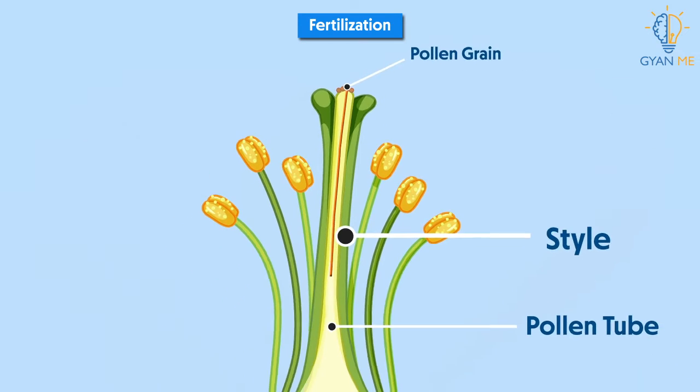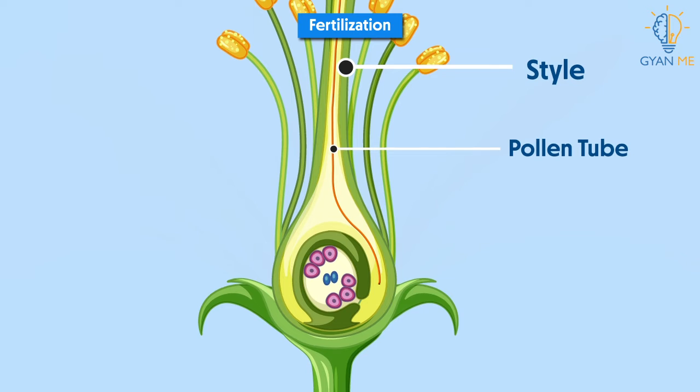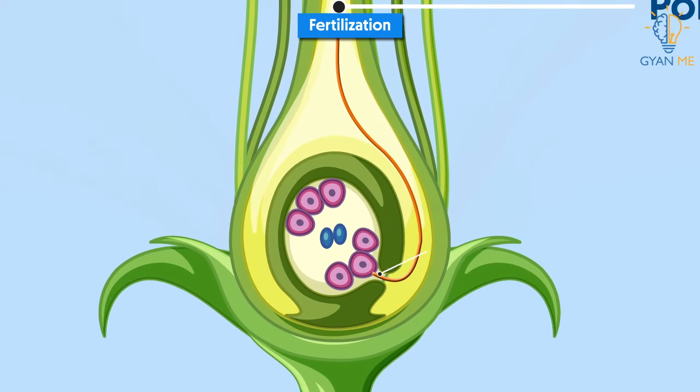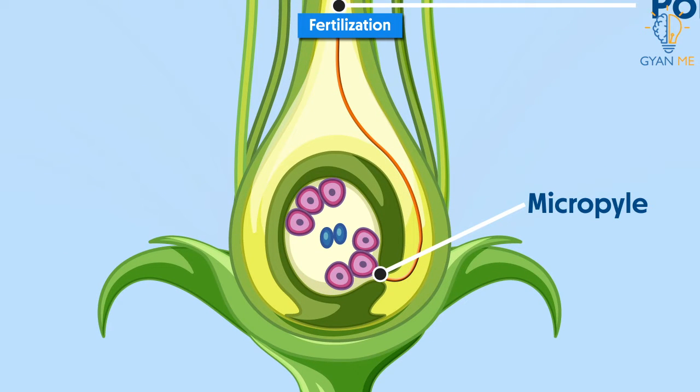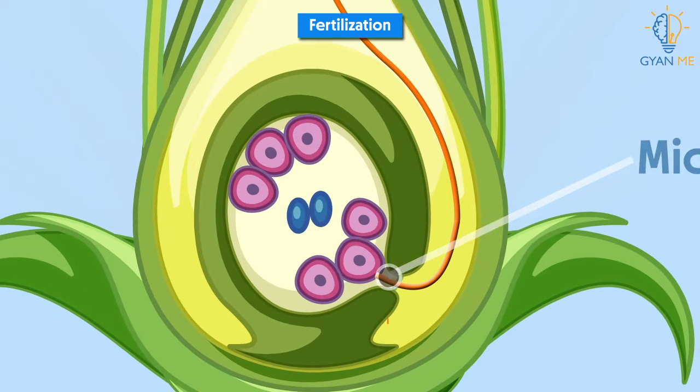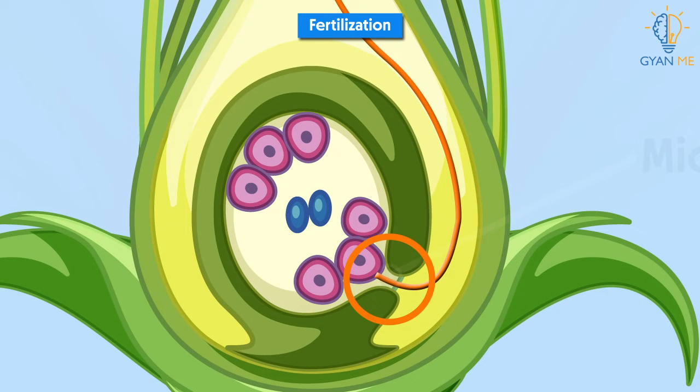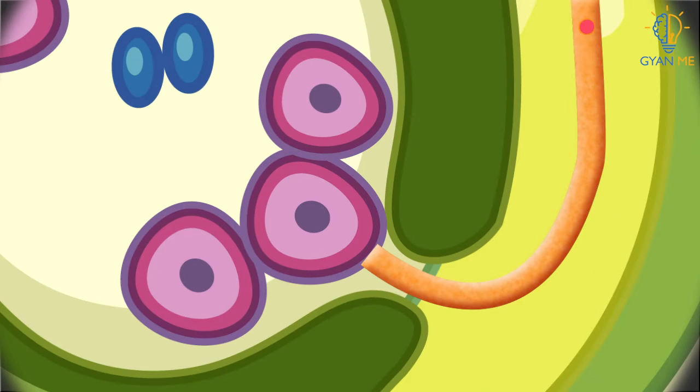The pollen tube grows through the stigma and style and finally reaches the ovule through the micropyle region. Yes, student, the gap that you see here is micropyle, and through this gap, pollen tube enters inside the ovule. At this stage, the vegetative cell in the tube degenerates, and the generative cell divides to form two male gametes. After this division, the tip of the pollen tube bursts, and two male germ cells that were present enter this